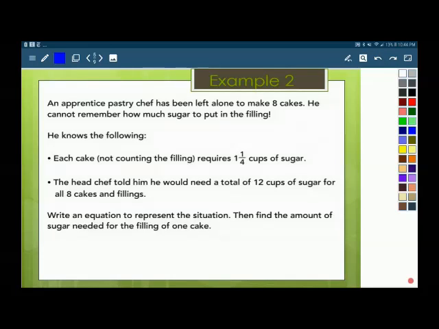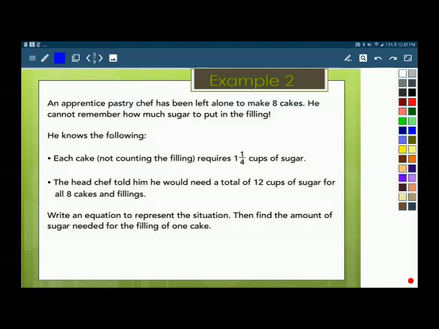All right, I've got another example here where we're going to have to logically construct an equation based on information that we're given. It says an apprentice pastry chef has been left alone to make 8 cakes. He cannot remember how much sugar to put in the filling. He knows the following. Each cake, not counting the filling, requires 1 1/4 cup of sugar. The head chef told him that he would need a total of 12 cups of sugar for all 8 cakes and fillings. Write an equation to represent the situation, then find the amount of sugar needed for the filling of